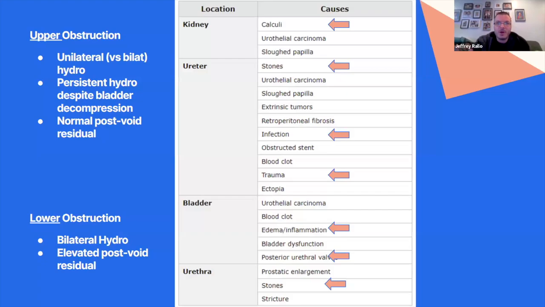All right. I'm not going to go through everything on here, but just kind of another way to visualize a differential of urinary tract obstruction, kind of upper and lower. Upper is considered kidney and ureters, and lower is obviously the rest of it down low. And then the red arrows are kind of just what I thought the more common ones in the peds that you will see. Just kind of review that for a second.